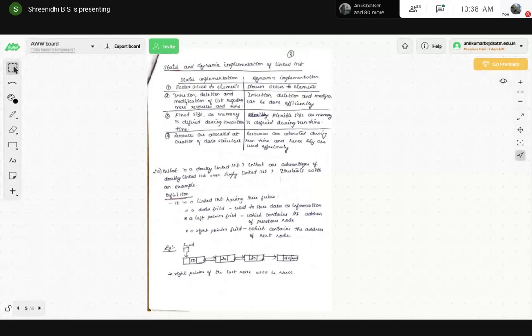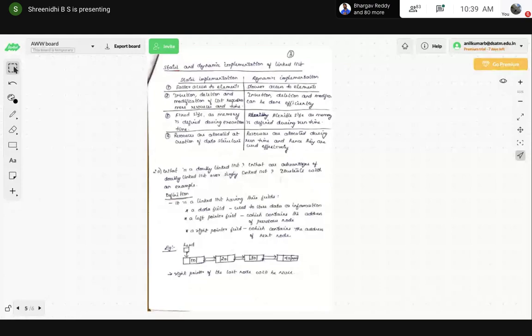What you have understood between static and dynamic: a static list is a fixed size, so access of elements is a little faster. In a dynamic implementation, using dynamic allocation functions, we do the memory allocation, and insertion and deletion can be done efficiently, with memory allocated dynamically during runtime of the execution.